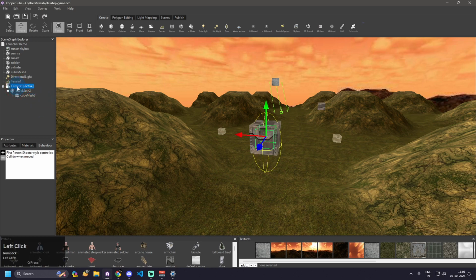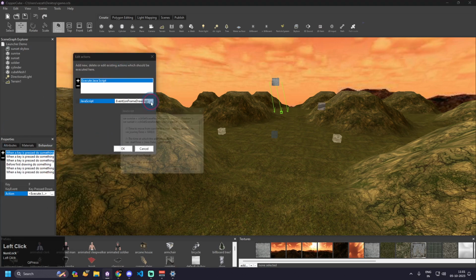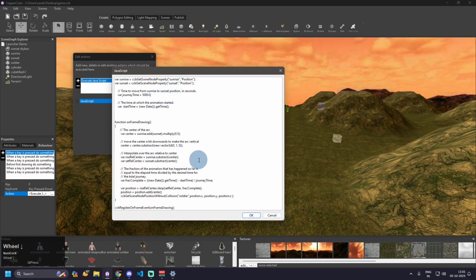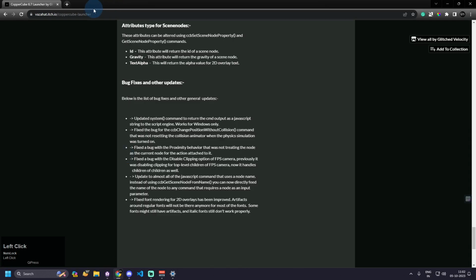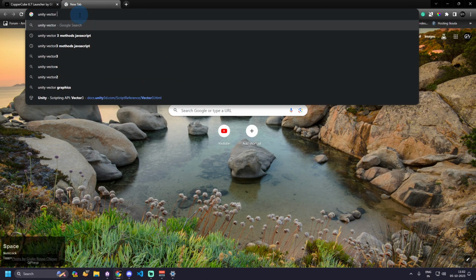And then let me just show you some of the commands that I have already assigned to these behaviors. I have these huge commands. That's why I simply saved the template file, because I don't want to write all this stuff in the video and make the video long. So this is nothing but simply the translated code from Unity to CopperCube. If I go to Unity vector methods,